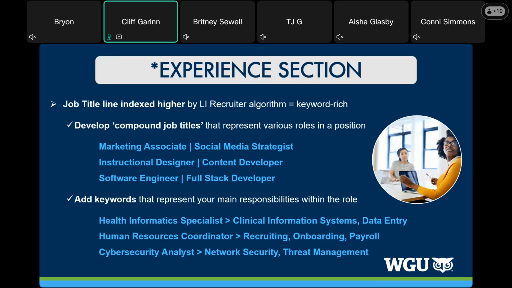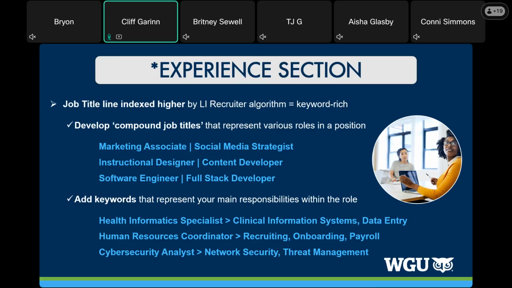Software engineer, well, what kind of software engineer? Full stack, front end, back end, Python developer, web developer, things like that. And then adding even more keywords at the end of that can just make it even more interesting. Here are just some examples.